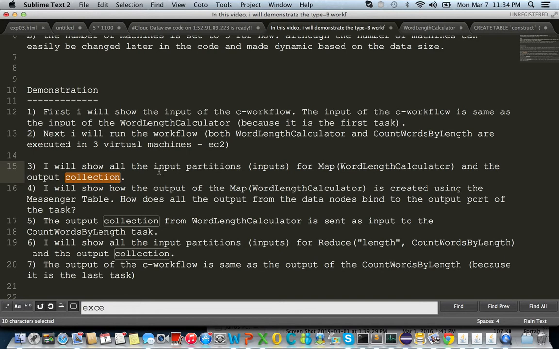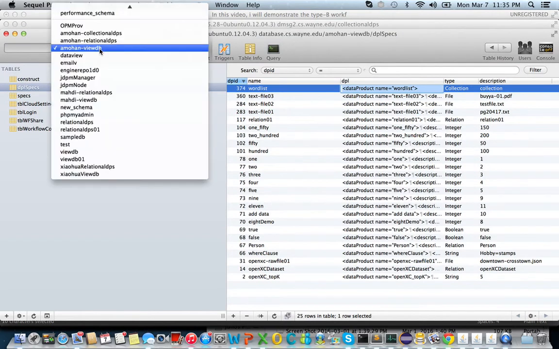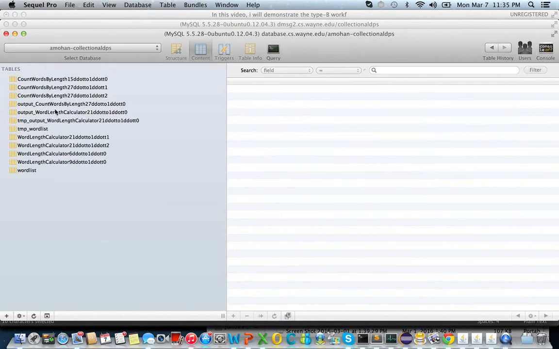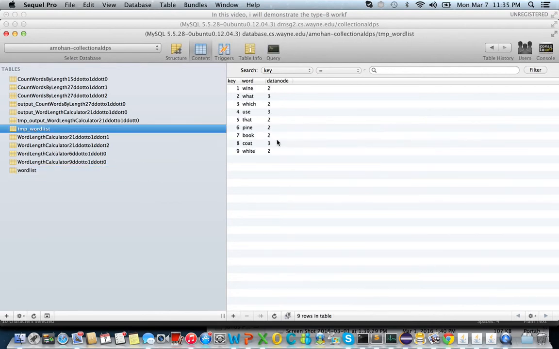First things first, let's look at how the input partitions are generated. Let's go back to our connection. I showed the earlier input data set, right? The word list meta table that had 9 rows. You see now there is a 10th table created here, and for each of the keys, we have it as a partition key. So we generate a second, and then we assign